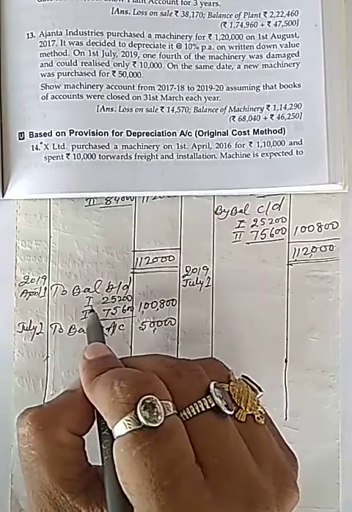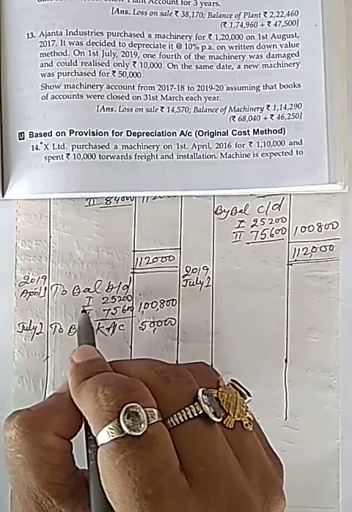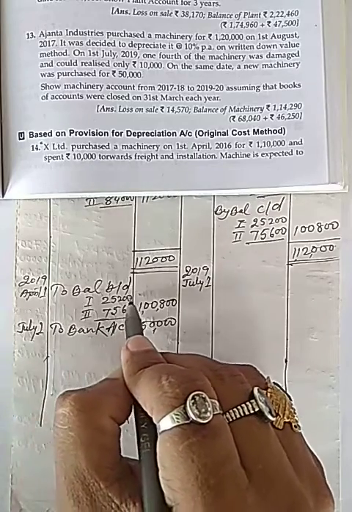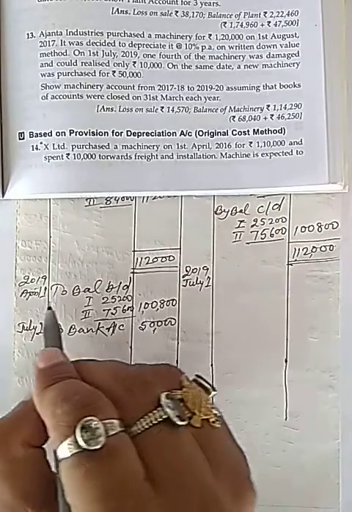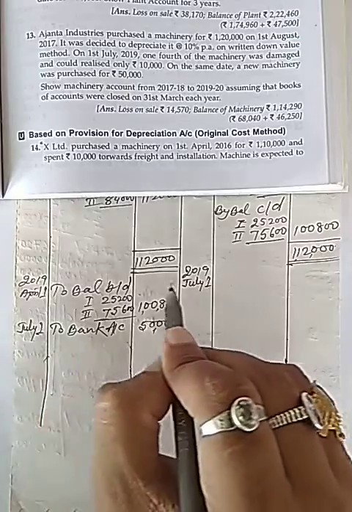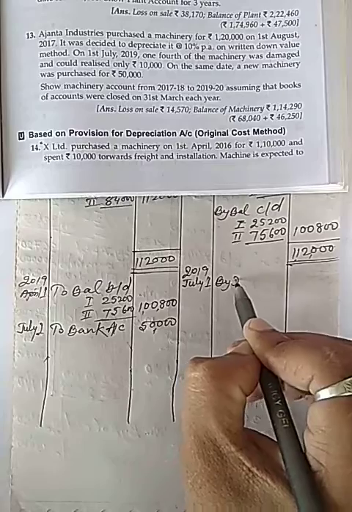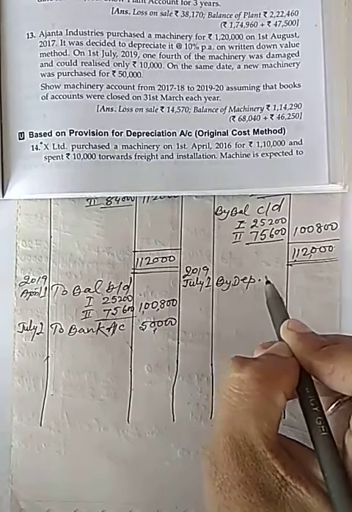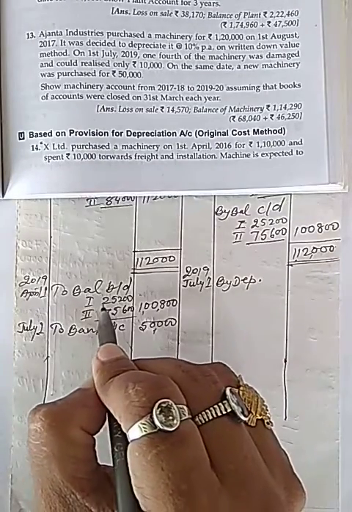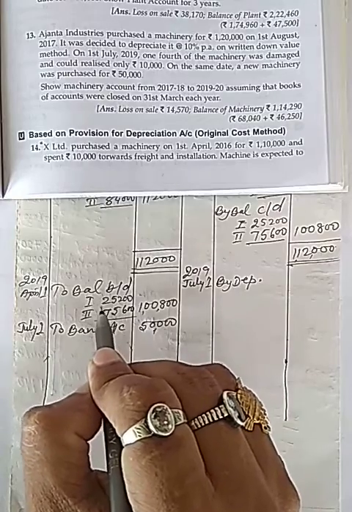So I will calculate depreciation on first part only for 3 months because April to July. So depreciation will be 10%,